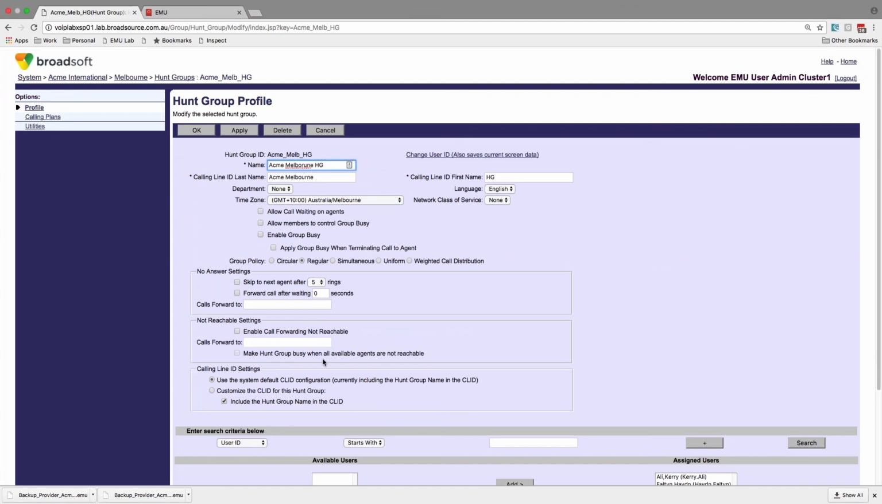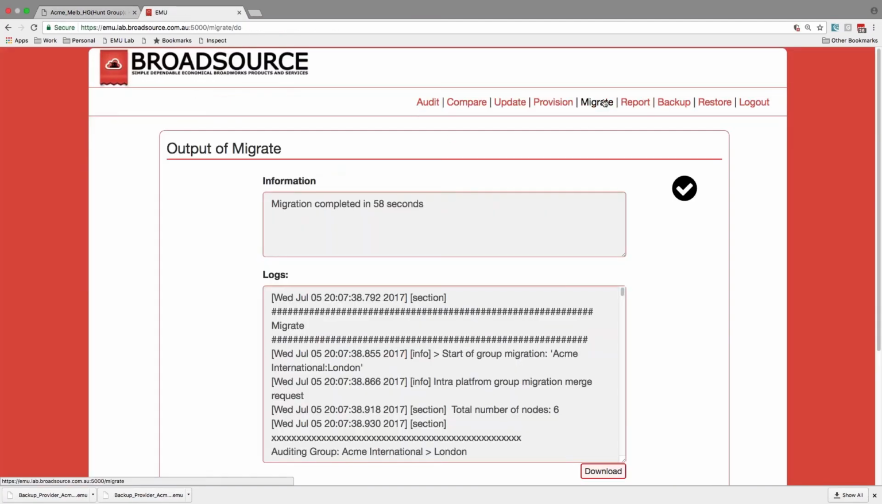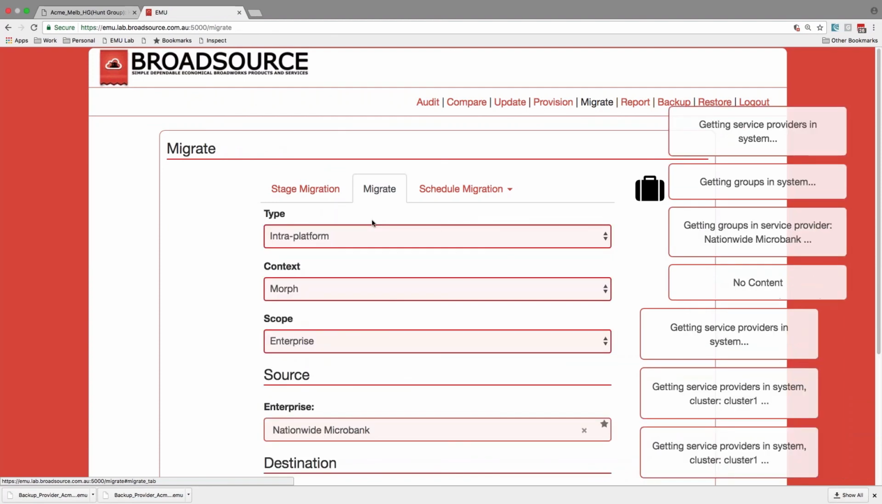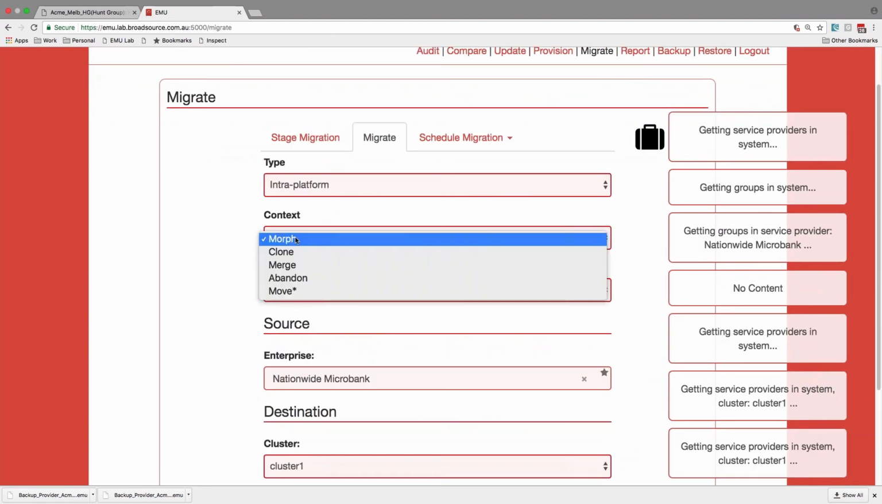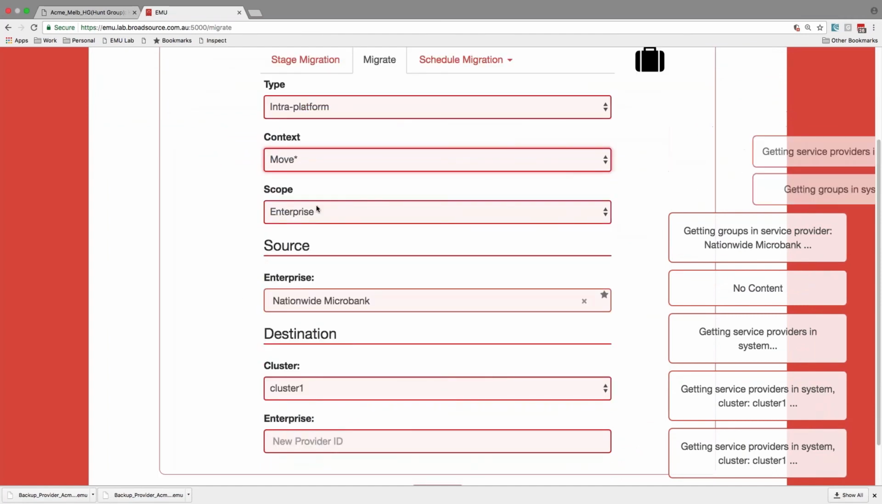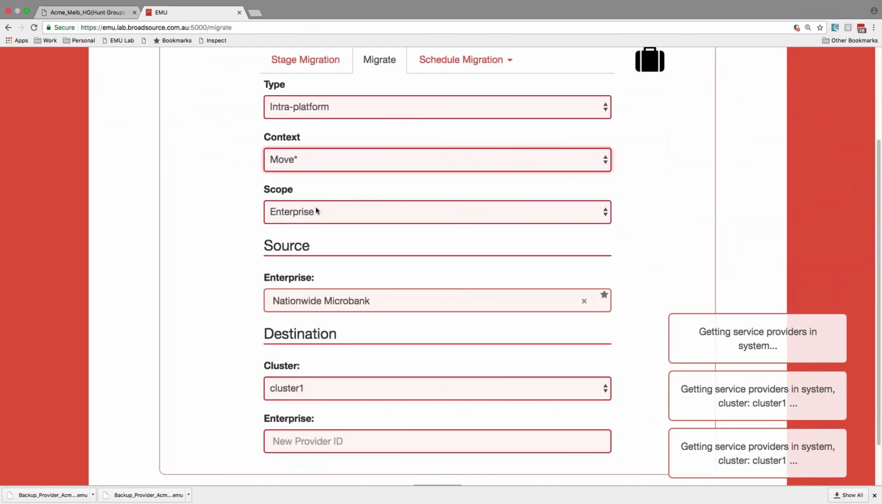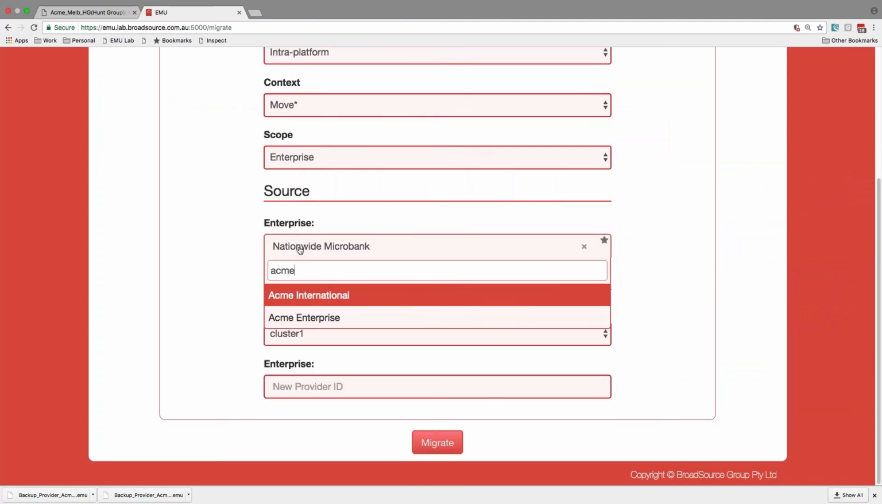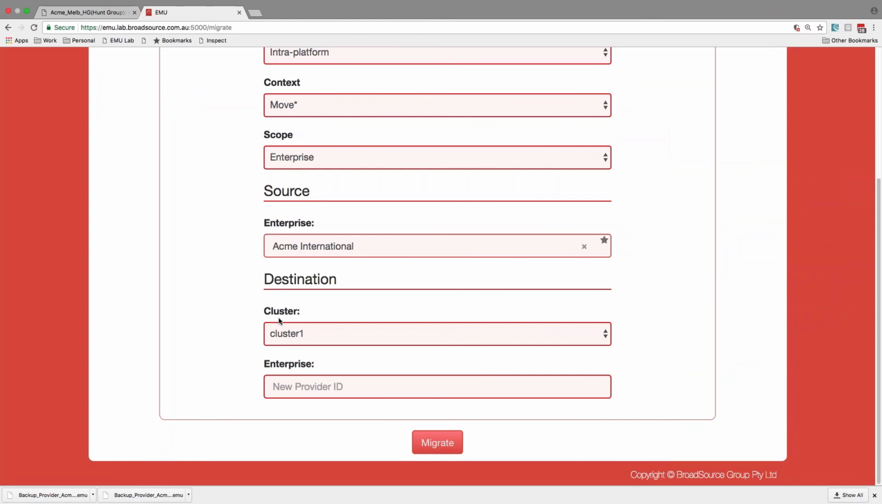EMU makes that happen really easily. So if I go to the migrate function again, to single click migration, I'm still doing intra-platform, and in this case I'm going to do a move, and then my scope is the whole enterprise, not just a group. And then my source is the Acme International service provider, and I'm moving it again to the same cluster, so cluster 1,